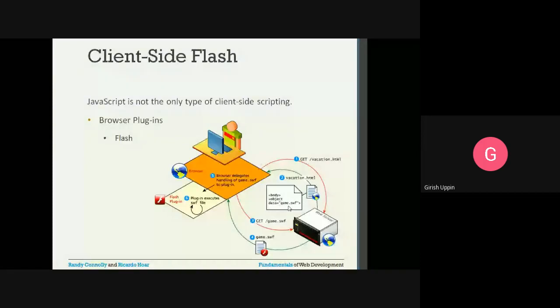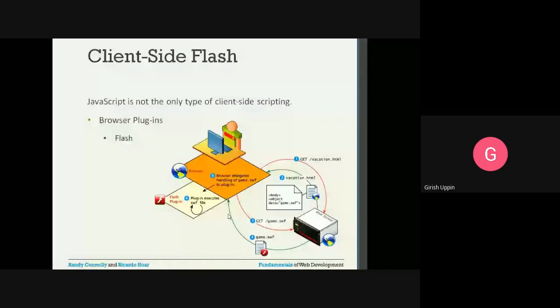Then the browser gets the HTML page and sees there is a game.swf. So the browser will make another request to the web server to get this particular file, game.swf, and in response the server will return the game.swf file to the browser.